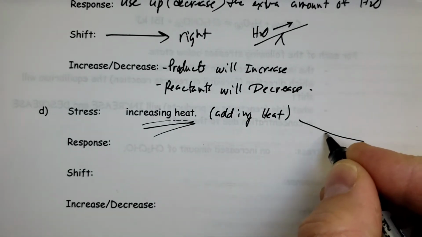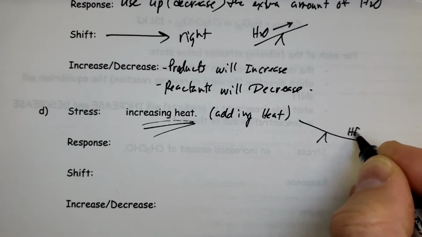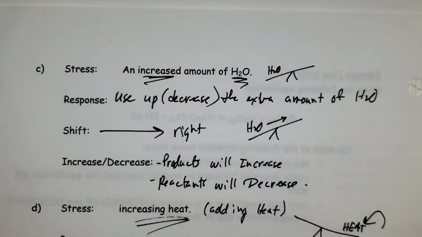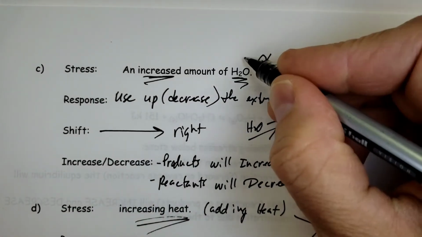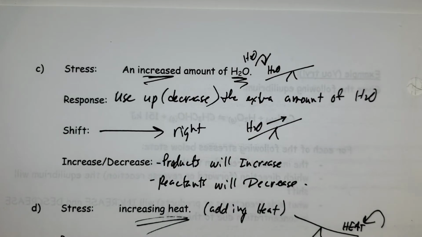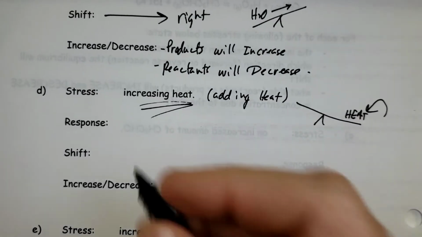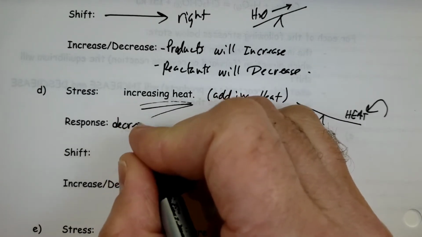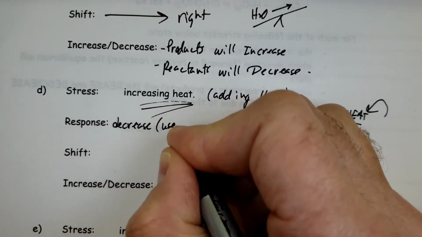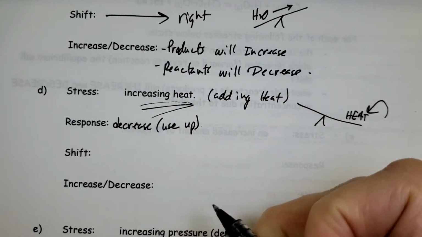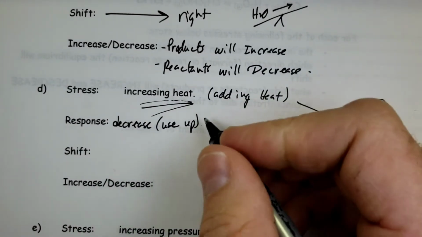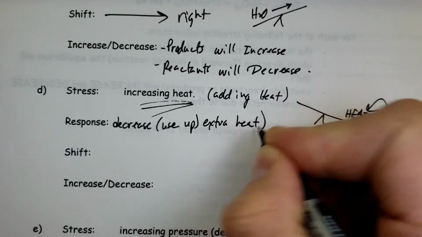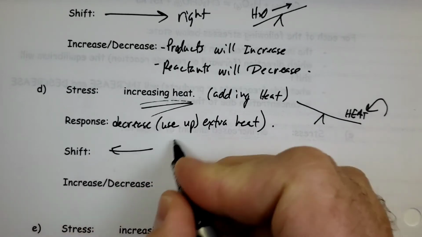think of it like this. I added a bunch of heat on. Just like over here, if I added a bunch of water, it gets heavy on that side. If I add a bunch of heat, you can think of it as almost getting heavier on that side. So increasing heat, we want to do the opposite again. Decrease, or the real terminology there is to use up extra heat. So in this case, it's going to shift to the left